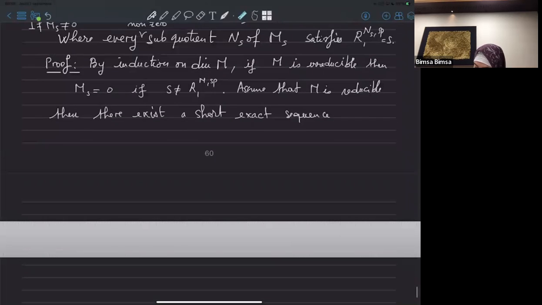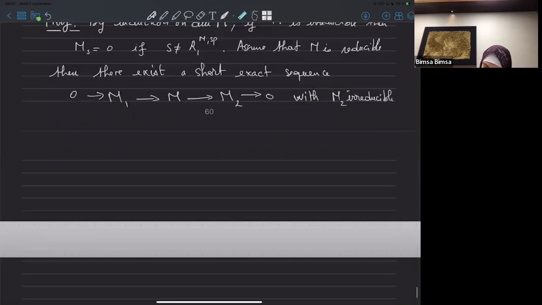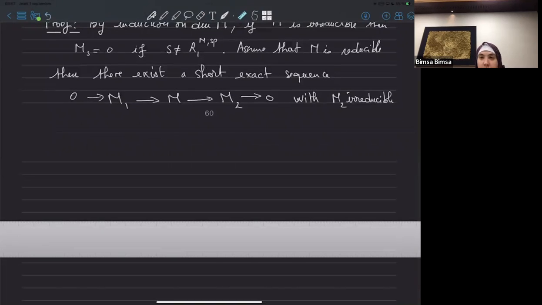There exists a short exact sequence. For example, if you consider the Jordan-Hölder sequence,